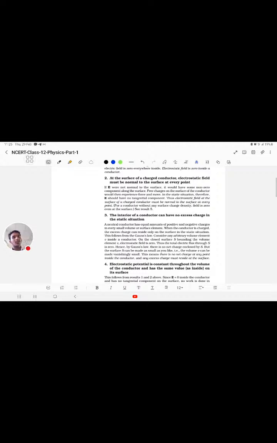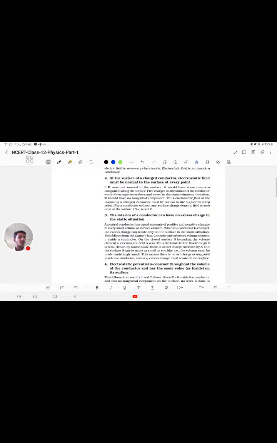Oh, okay. It's actually following from the first property. So the first property, what did we say? Inside a conductor the electrostatic field will be zero. Now if I am considering a Gaussian surface inside the conductor, since the electrostatic field is zero, I am considering only a differential amount of volume of a surface. In that case, the closed surface is bounding the volume V, the electrostatic field is zero, the electric flux through S is zero. Hence by Gauss's law there is no net charge enclosed by S.